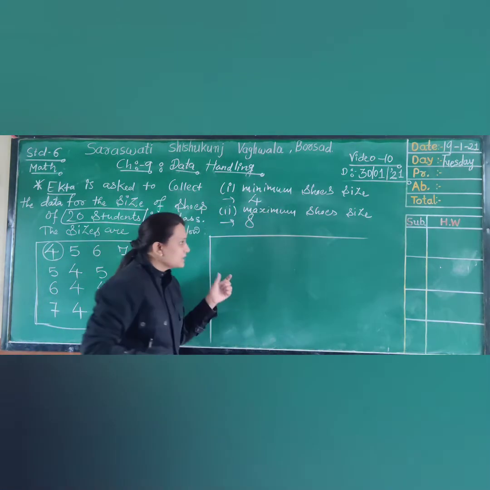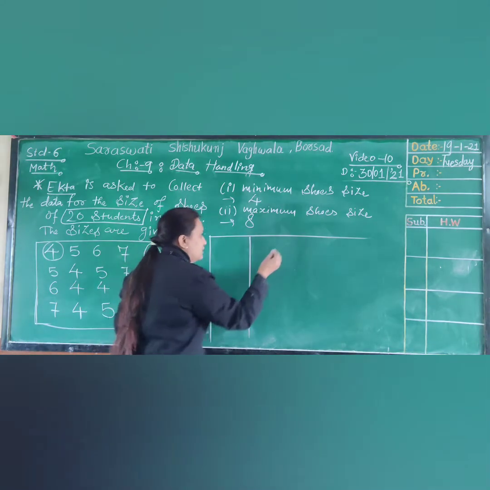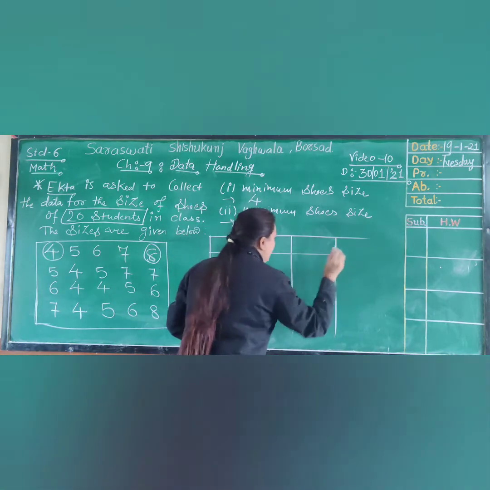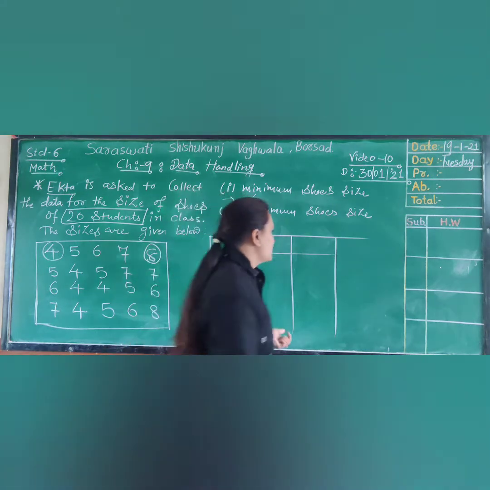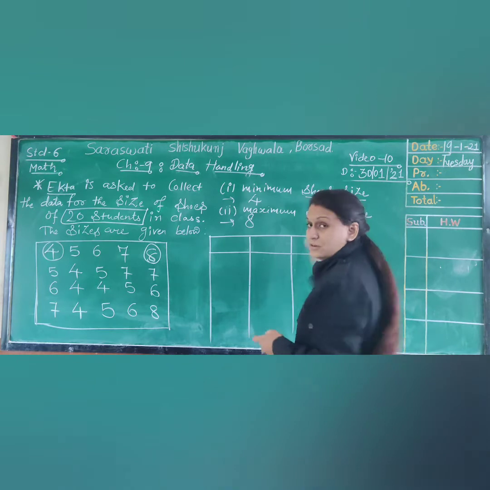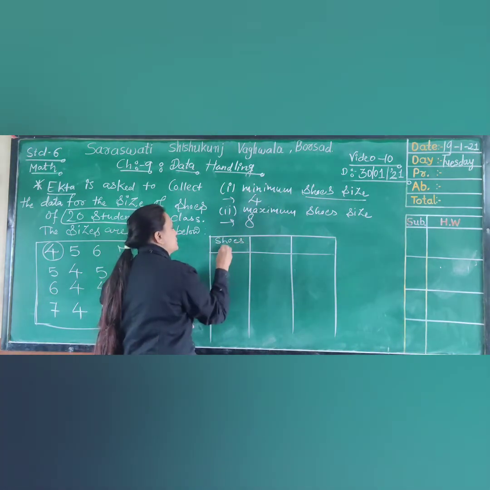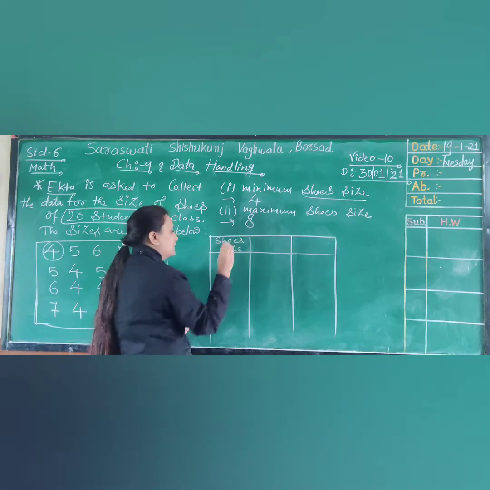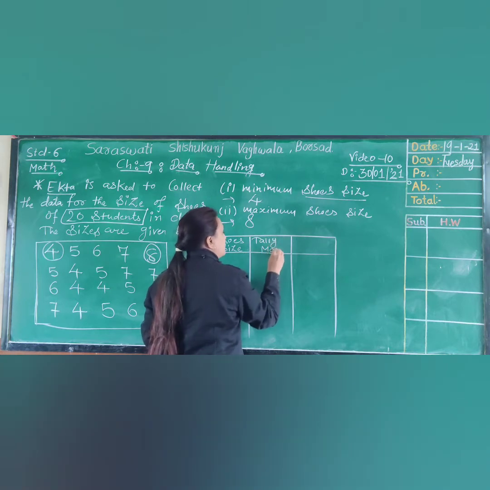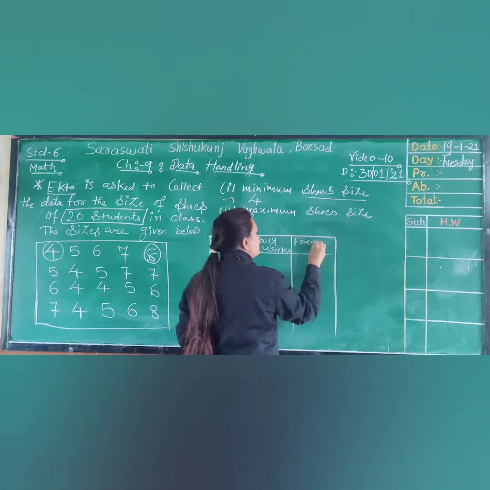So a frequency distribution table is defined by 3 columns. So here let us define 3 columns. The first column is for the data, that is, which information is given. So in this question we are given the size of shoes. Okay, so here we are going to write the data, shoe size. Then in the second column, tally marks, and when we count the tally marks, that is known as the frequency.